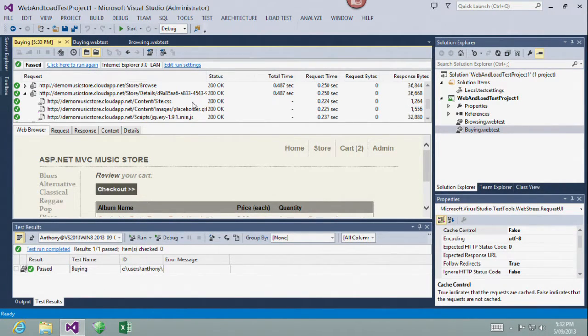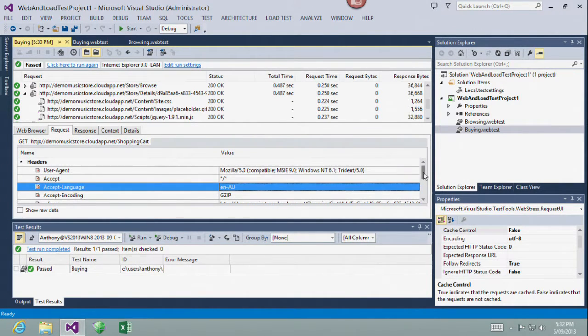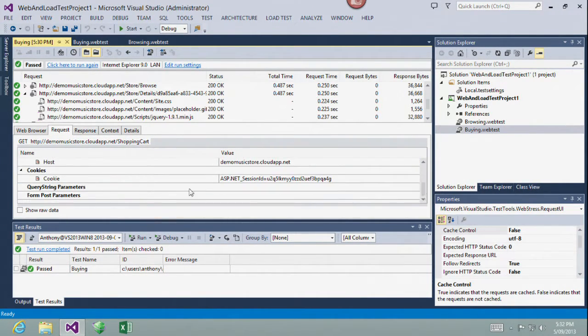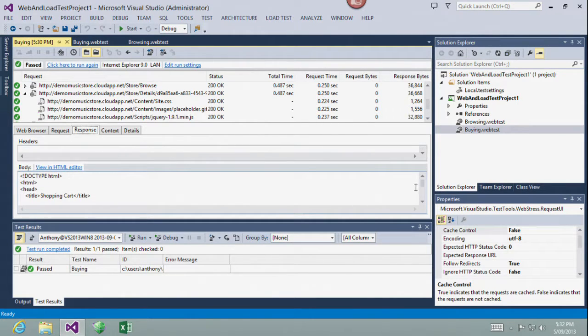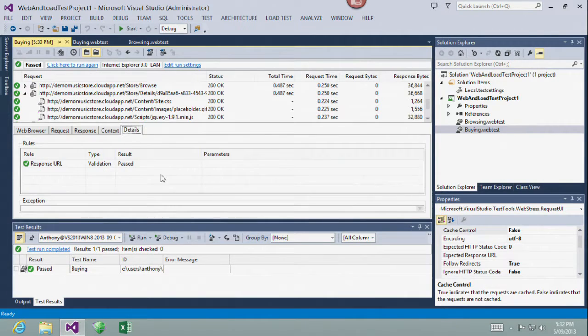All right. So if we have a look here, we can have a look at the request, so the information going across to the server. Oops, click on it properly. We can see some information of exactly what's going over to the server. I can have a look at the response. I can see the response string, what came back. I can have a look at some context variables there. I can go across here and have a look at the response URL. We're making sure we're getting back the page we thought we were. And I can go and add extraction rules. I can add validation rules to the process.